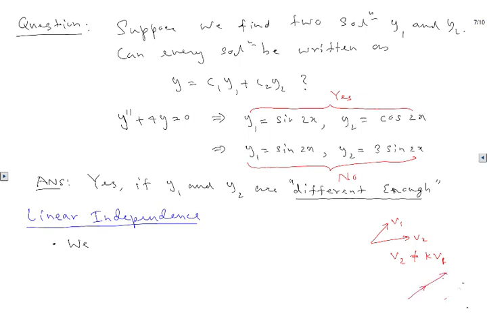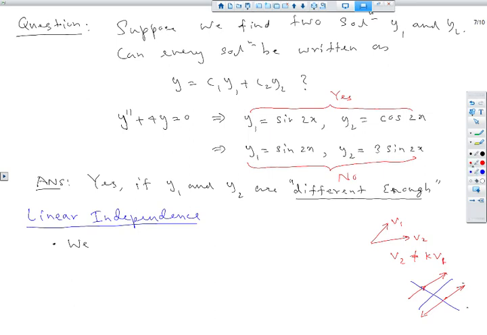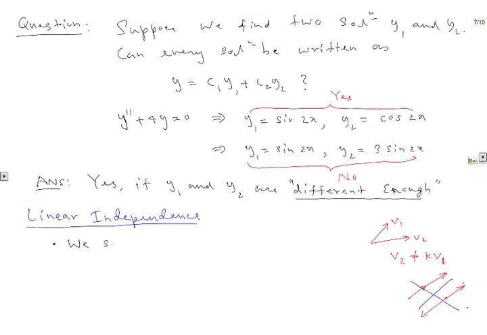One goes this way, one goes that way. So that's the idea. In this case, we cannot do this. If you cannot do this, we call this linearly independent. If this is not the case, then we say it is linearly independent. That's only for two vectors. It doesn't work for three vectors. So we say y1 and y2 are linearly independent